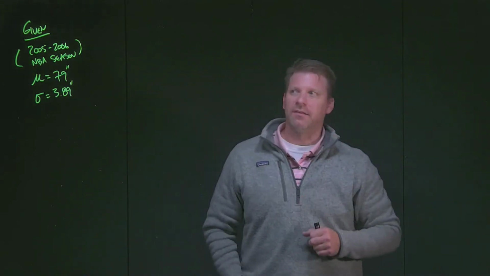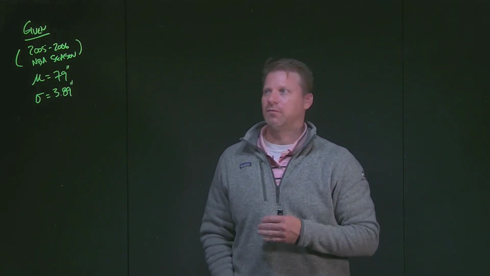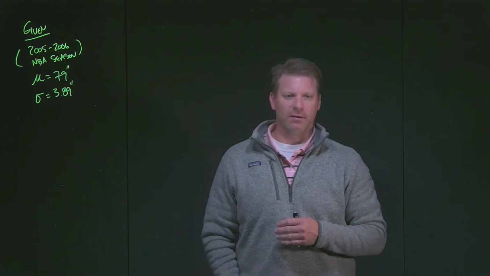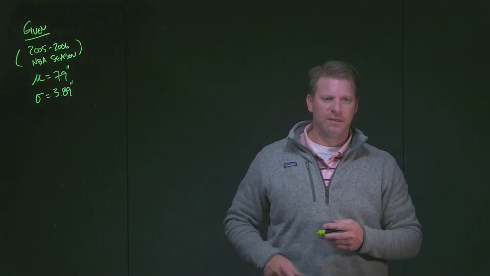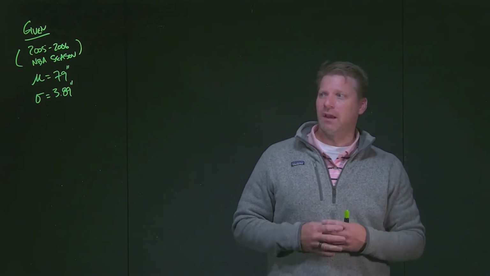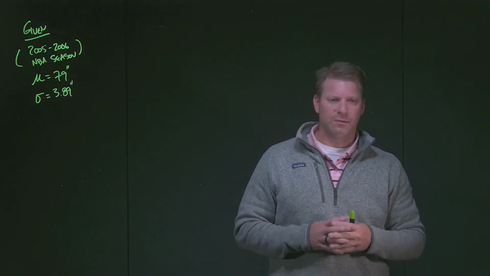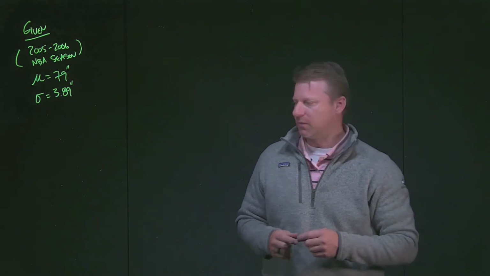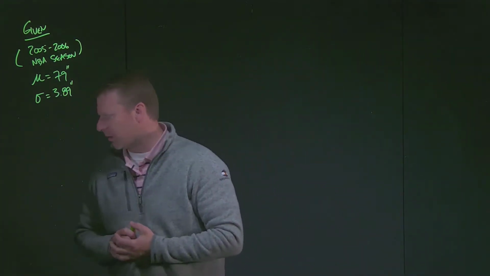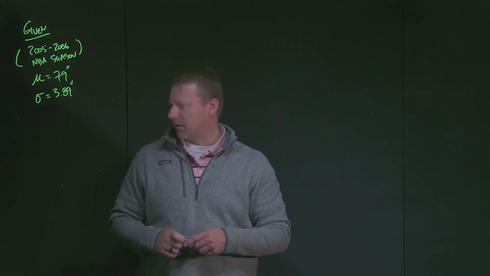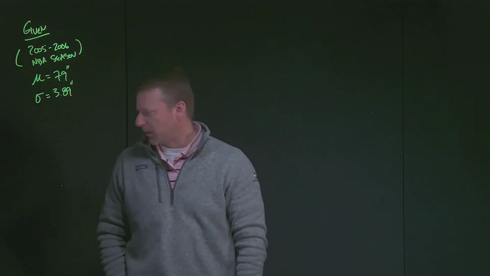Now that we understand the properties of a normal probability distribution, we understand how to calculate z-values and how to read a z-distribution table. I want to bring that together and start to calculate some of these probabilities with a normal probability distribution. To do that, what I want to do is use some data. It's actually tied to a question that is in our OER textbook.